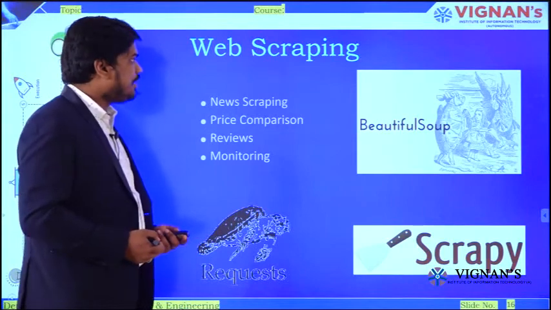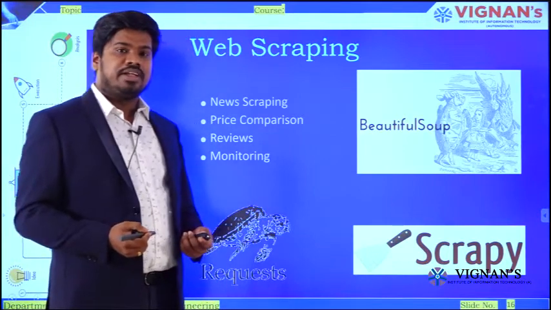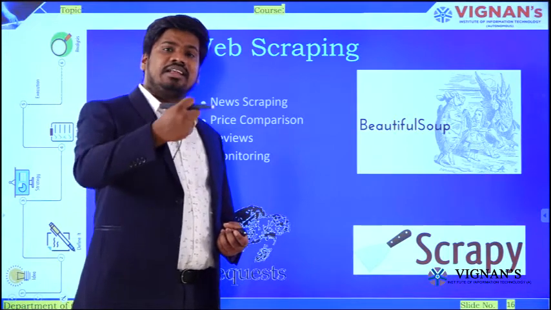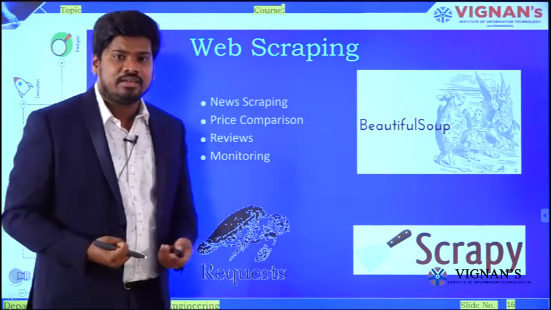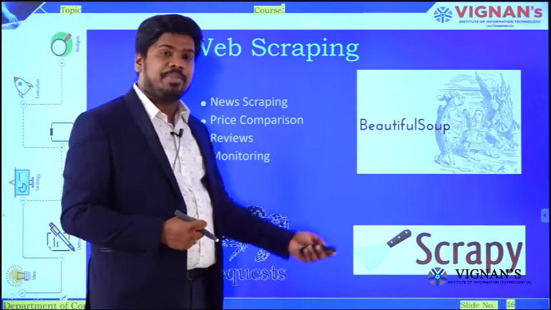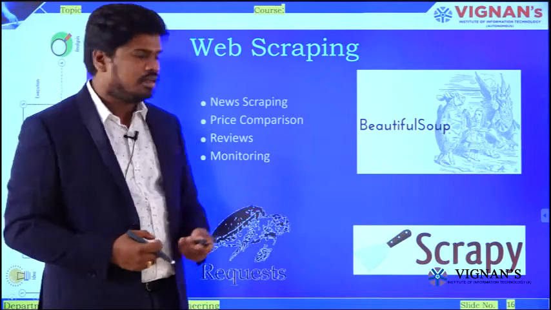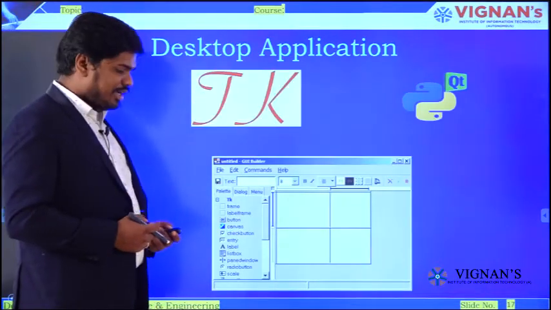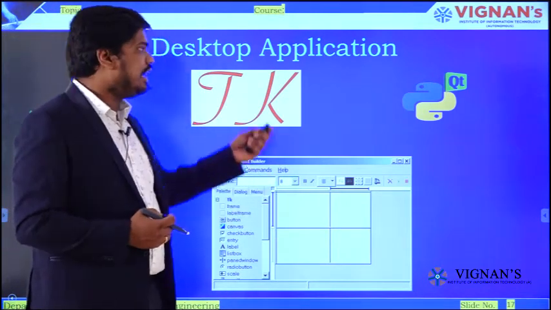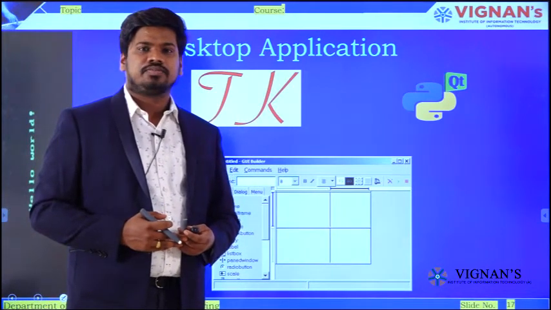And the next one is web scraping. Web scraping is another beautiful thing in computer science. By using web scraping, I can pull all the data which is there on the database. I am able to scrape every data. The frameworks here are Beautiful Soup and Scrapy, which are written in Python. And the next one is desktop applications. I can happily build desktop applications as well using Tkinter and PyQt. So these are the various possibilities of learning the Python programming language.